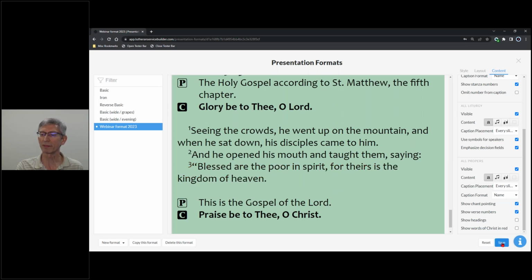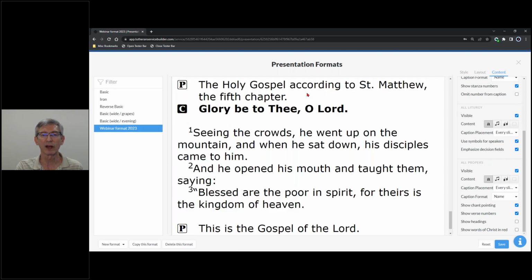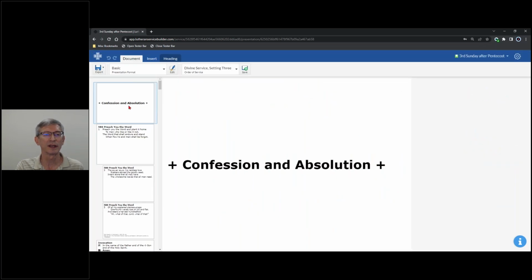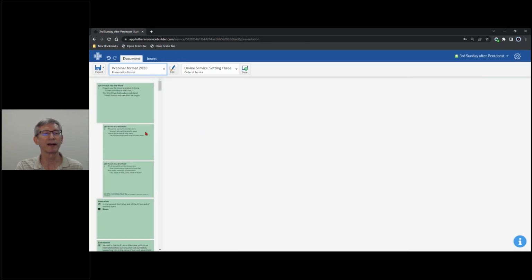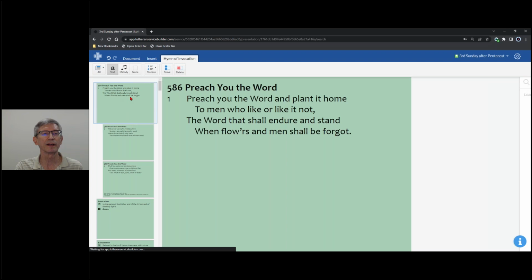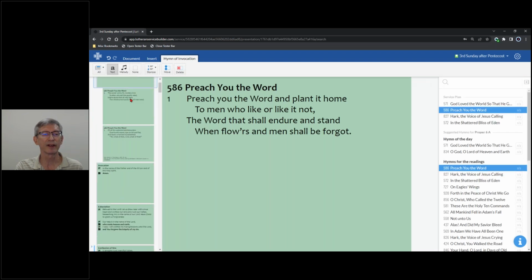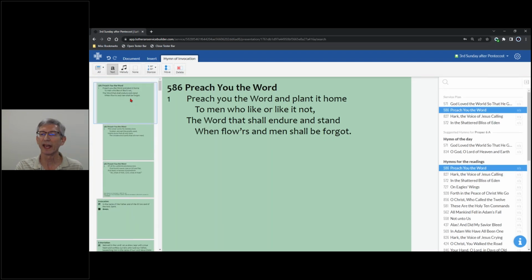So those are your options. We can click save. And now we have a webinar format that we've designed for our needs. I can close that. We can go back to our order of service here in the presentation view. And now we can choose from that new format that appears in the drop-down list. I click that. It applies the green background, the new font of Candara on all our slides, and we can